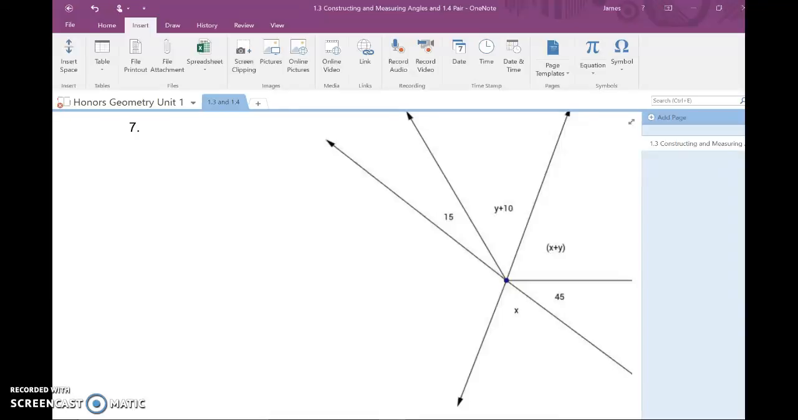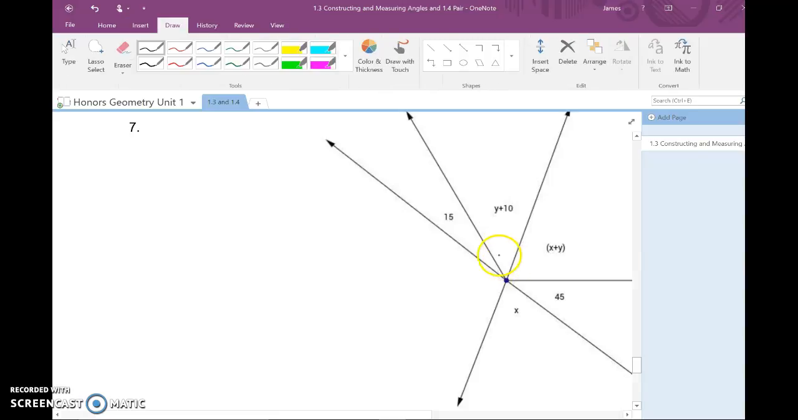Alright, so for this problem, we have a couple different things we're looking at. One of them is that we want to go ahead and use what we've learned about supplementary angles. These four right there are supplementary angles. We also have another pair of supplementary angles that we can look at here. We'll do some work with that. You can also do some stuff with vertical angles, but this is the approach that I'm going to go with